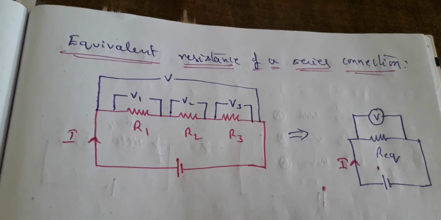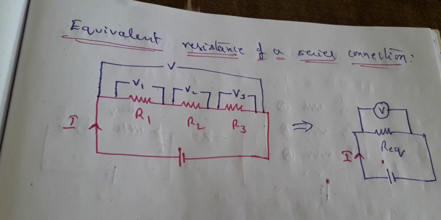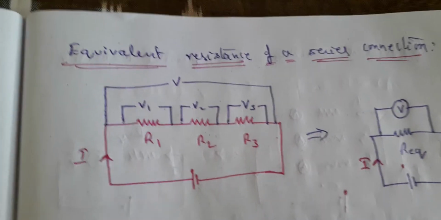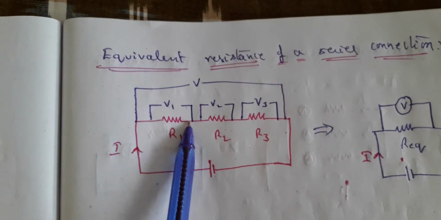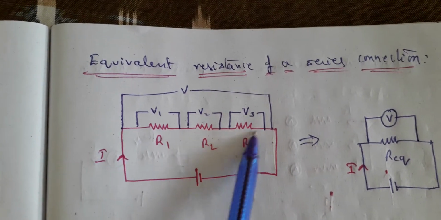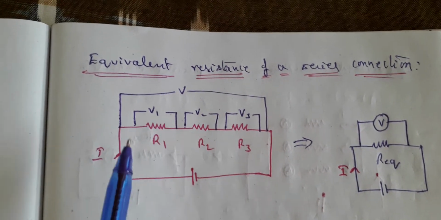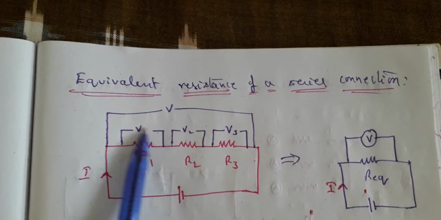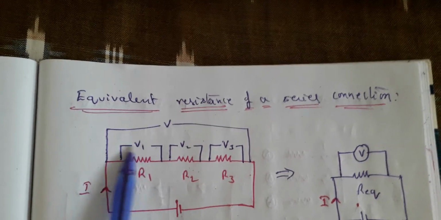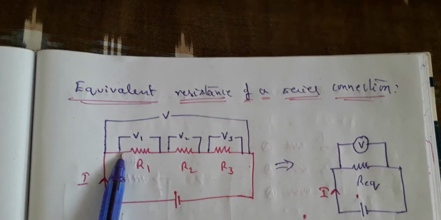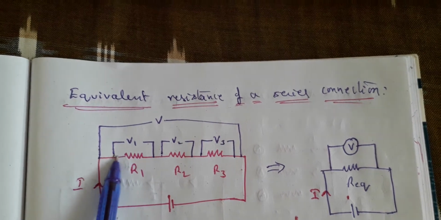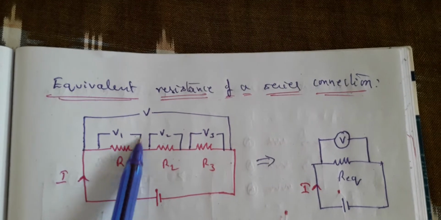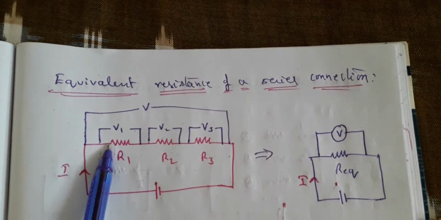Let the resistors of the bulbs, whatever you have taken in the activity, be R1, R2 and R3. Let the potential difference across the resistors be V1, V2, V3. This is the resistance symbol, children. And the potential difference across, this is called parallel combination. So a voltmeter is always connected parallel to this. That means the voltmeter is connected to the 2 ends of the resistor, right? That is how the connection is made. Then it is called parallel connection.